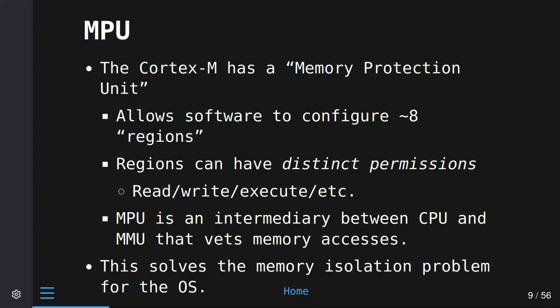There's more than one way to protect a memory. And one way to protect a memory is with a memory protection unit. You probably should have some intuitive sense of what this is. You know what a central processing unit is, and you know what a memory management unit is. A memory protection unit, it's probably not that bad to visualize it as perhaps some intermediary between the CPU and the MMU that lives on the bus. And what's it going to do? In the case of the Cortex-M,